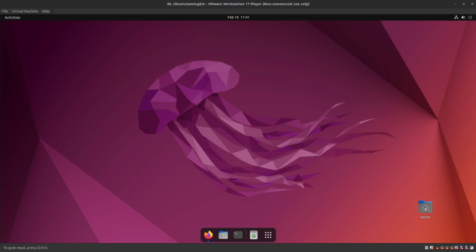Hey guys, welcome back. In this video, we're going to go over a real quick tip: how to install Zoom on Ubuntu. The reason I'm making this video is because I know a lot of people that are